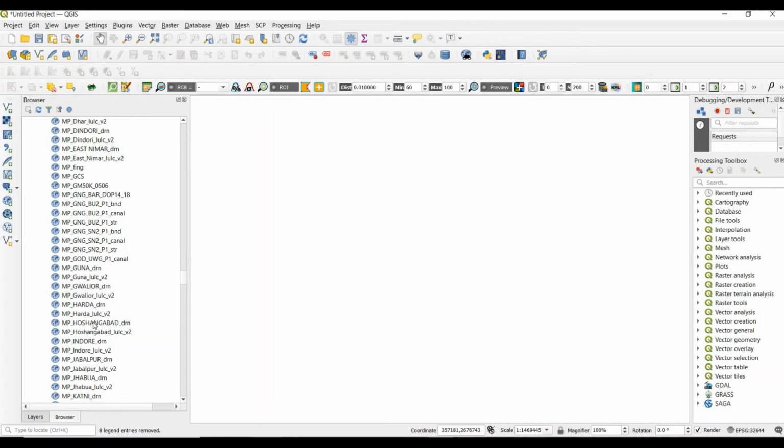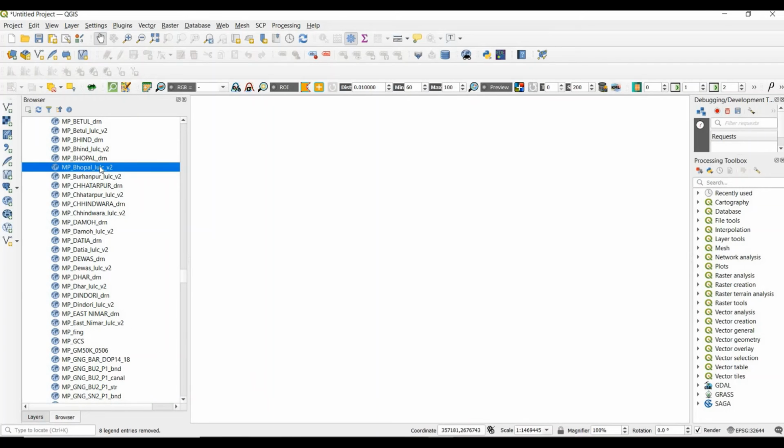We are going to add LULC data of Bhopal. There is other data also present, but we are adding here LULC data of Bhopal. Let's see. Bhopal. Add to project.